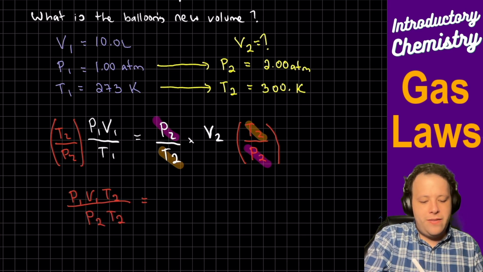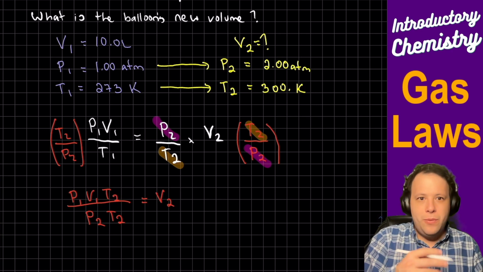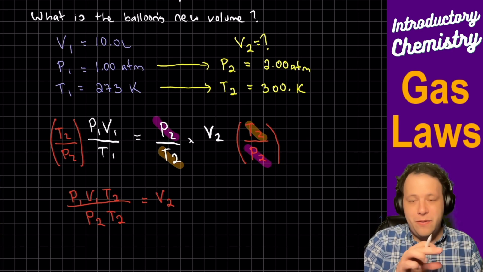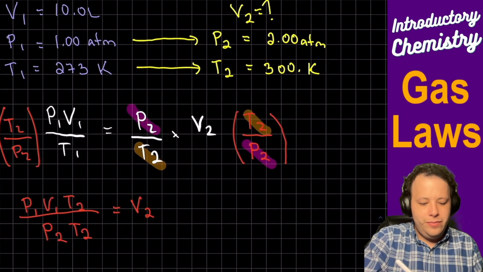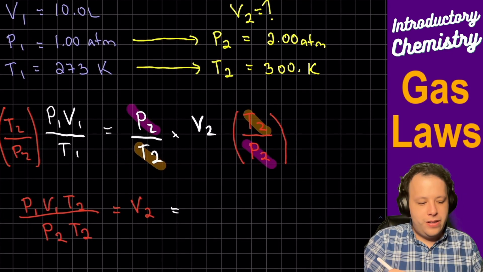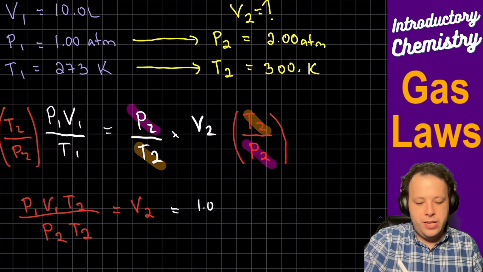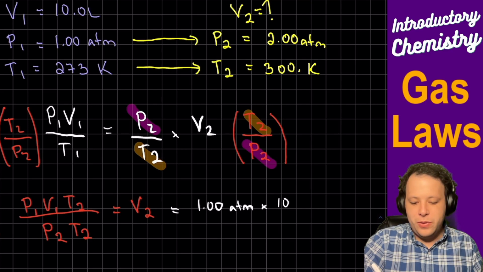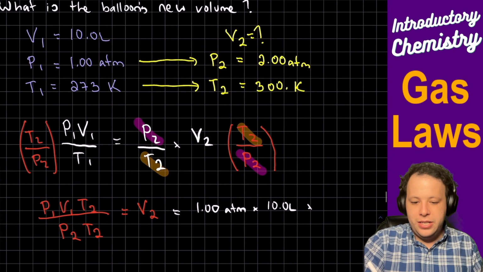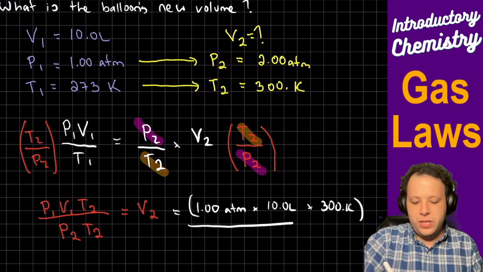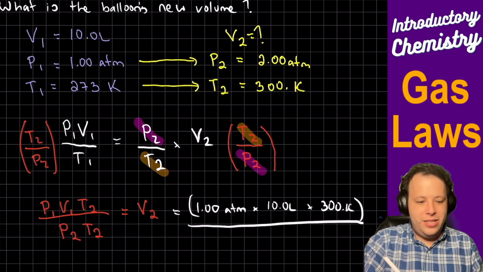So we have our new equation, and what we're going to do is plug in all of our values into this. We'll take our P1, which was 1 atmosphere, times V1, which was 10 liters, and then times T2, which was 300 K. That's our numerator, or what's on top. And then P2 and T2 were 2 atmospheres